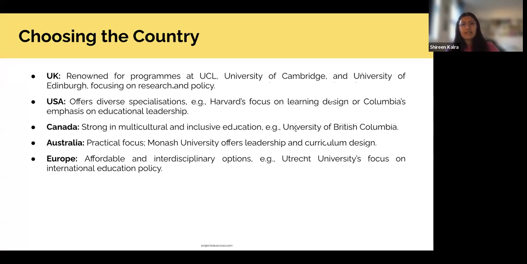Again, funding varies greatly between countries. Just looking at what country offers what kind of funding. Again, I do know quite a few people who don't choose a country, who just choose universities that align with their interests, and then they apply to multiple countries. So another question you need to ask yourself while applying is, what's more important to you? Is it the country that you're going to study in, or is it the university or the specific course?